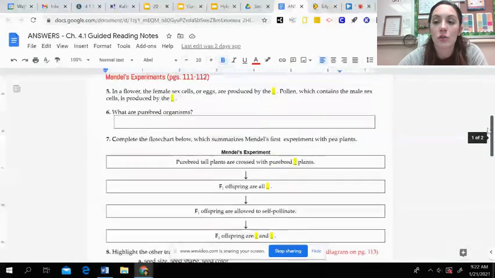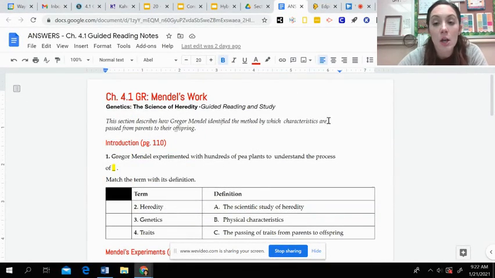This isn't due until Monday, and we will have a guided reading check video on Monday as well. So you can get started, or if you get that finished, make sure you get these submitted, and then we will go over this on